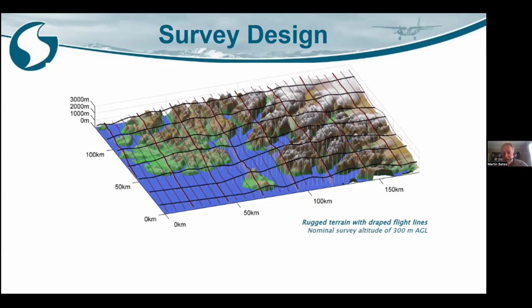So what we do is we fly a drape surface. You can think of it like if you take any topography and you throw a blanket over it, and it sort of sits on top of the high points, and then you raise that up a little bit so that you crest over the top of the high points by a certain minimum amount. That's your drape surface, and it's all determined by the climb rates of the aircraft